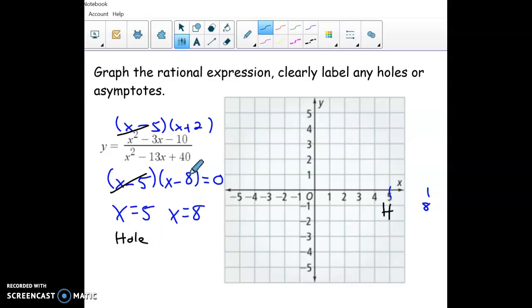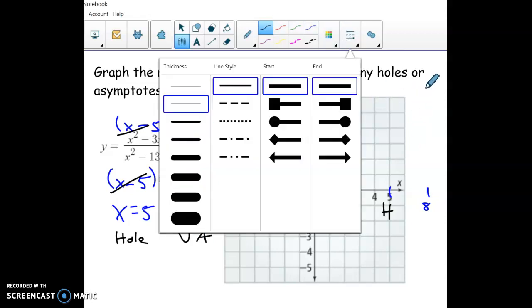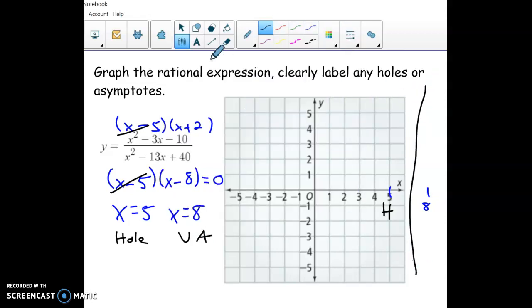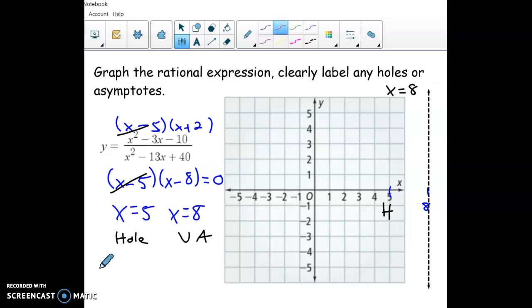And then for the x minus 8, there is no matching factor. So that one's going to be a vertical asymptote. Okay, so I'm going to draw that right in with my line tool here quick. Oh, look at that. It's awesome. Try that again. Okay, next piece is to do the horizontal asymptote, which I'm going to use my MN chart,